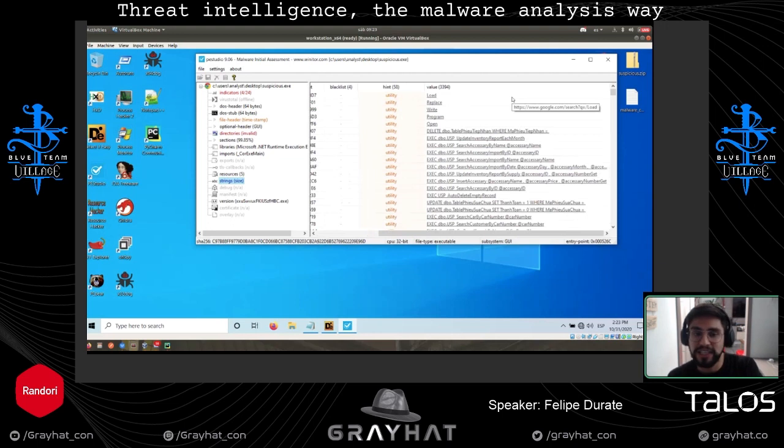But if after you execute it, it connected to something, there is a mismatch between what you see during the static versus the dynamic analysis. That kind of contrast allows you to determine very quickly that the sample is packed.